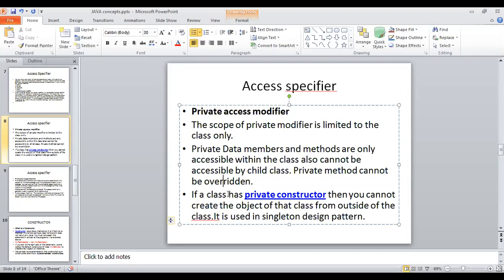There is also the concept of a constructor. We will discuss the constructor later. The constructor is a method with the same name as the class, and that is called a constructor. You can have a parameterized constructor or you can have a default constructor. In a default constructor, generally you don't need to define or write it externally. So you can also have a private constructor. In that case, when you create a private constructor, you cannot create an object of the class from outside the class.